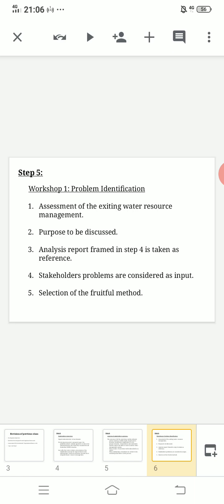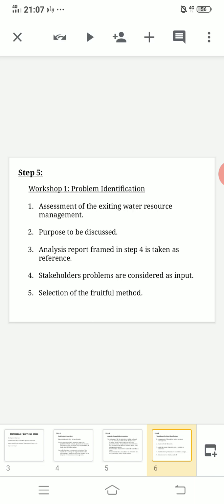Next, the workshop will be arranged for identification of the problem. It is important that all the relevant stakeholders recognize their problem and those of the others. Hence, the first workshop, to which all the relevant stakeholders are invited, deals with the assessment of the existing water resource management situation and problem identification according to the perception of the stakeholders. Second, the purpose of the first workshop is to obtain common understanding between all different stakeholders of what the real problem is and which should be addressed.